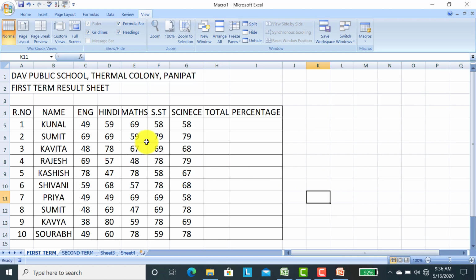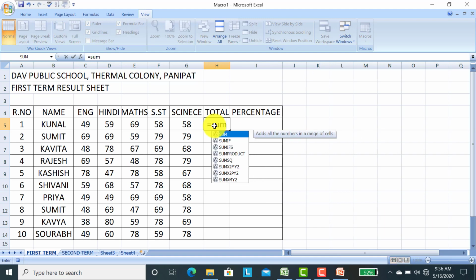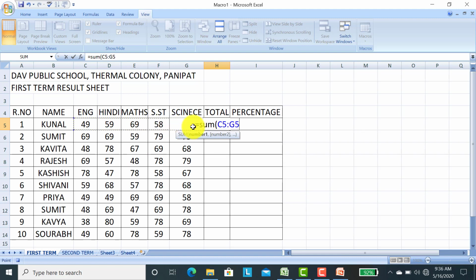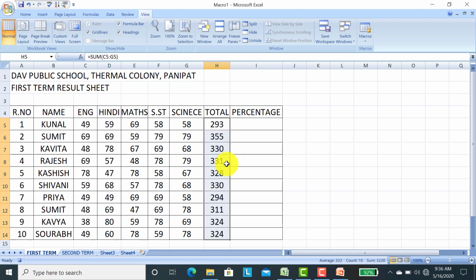Now all my steps will be recorded, not the audio but the steps with the mouse or the keyboard, whatever I am doing. First I calculate the total. We all know that with the help of the function we can quickly calculate the total. I get the first and with the autofill feature I get the total marks of all the 10 students.